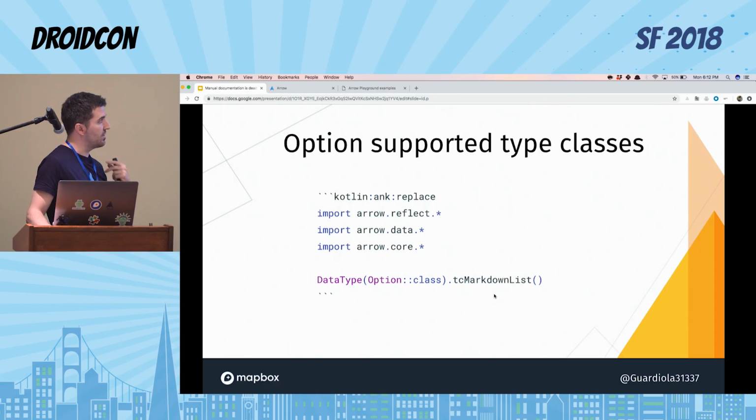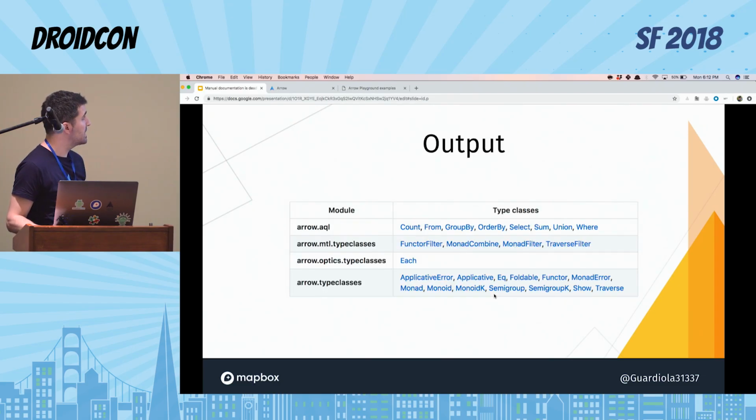So basically, the result of the evaluation will be printed as the result of the snippet, which is really cool because in this case we are generating these tables automatically,